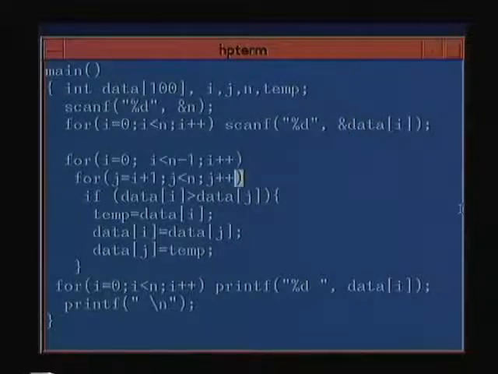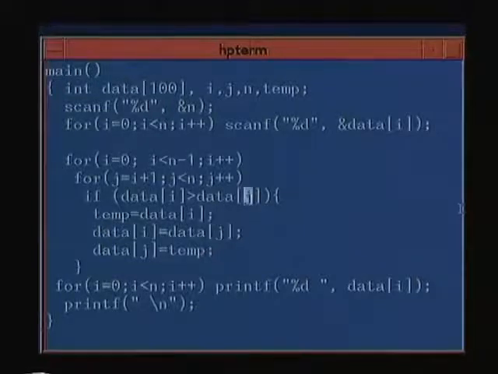And then here is the for loop. We had previously discussed i equal to 1 to i less than n. Since we are going from 0, we will say i equal to 0 to i less than n minus 1, i plus plus. j equal to i plus 1 to j less than n, j plus plus. If data[i] is greater than data[j], then we exchange it.